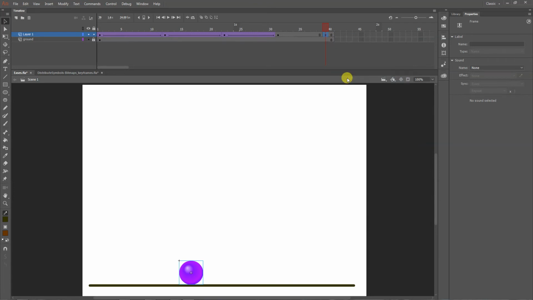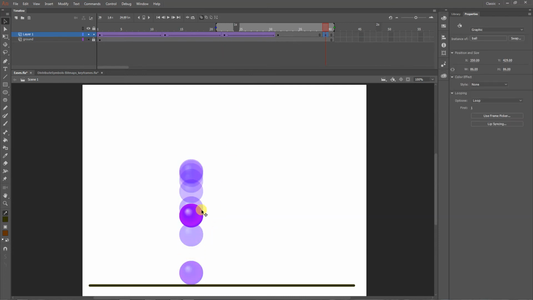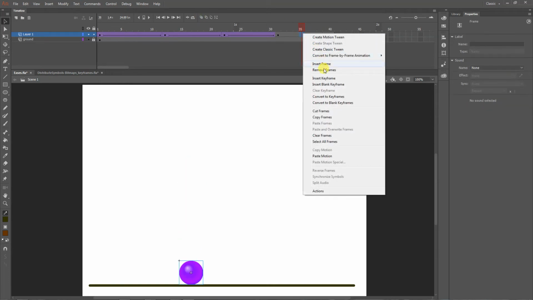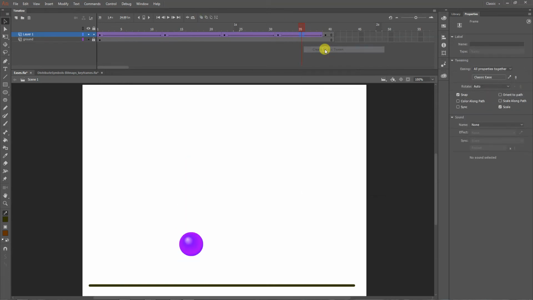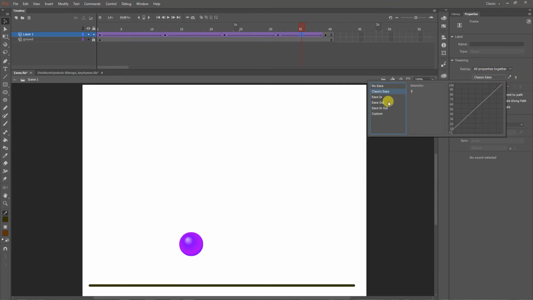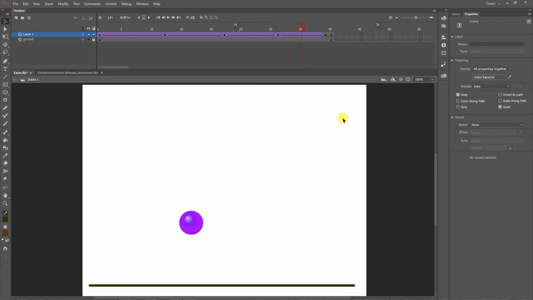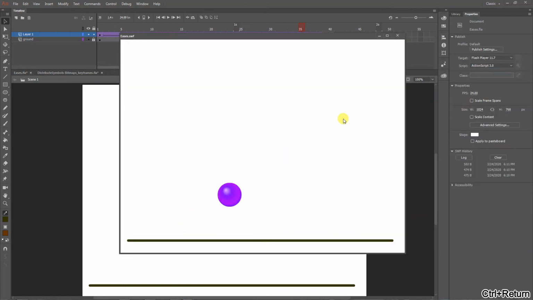And with the other example that we had in class, it was going off screen, right? So it was eventually going off the page. We don't have that here. So I need this to bounce up again. Create classic tween, classic ease, ease out. No, that's not a very good hover at all.